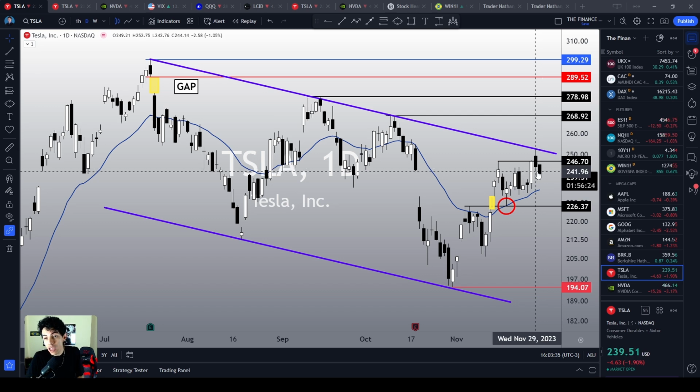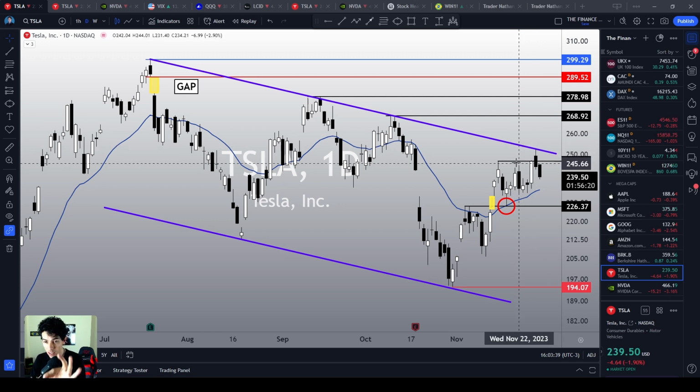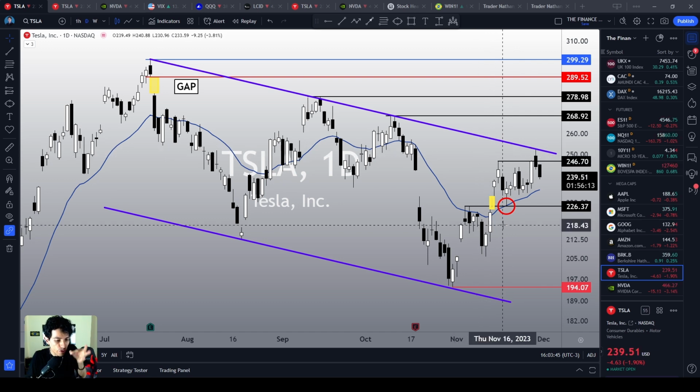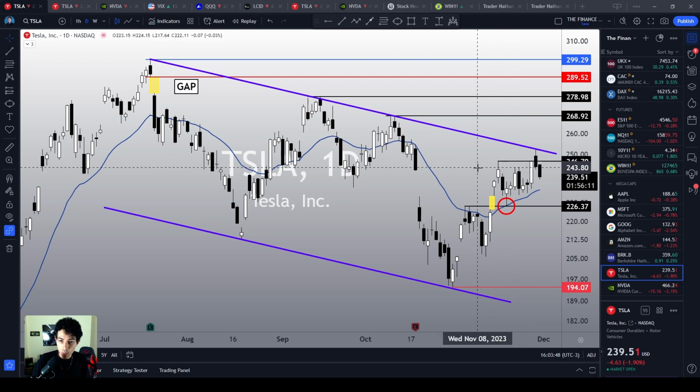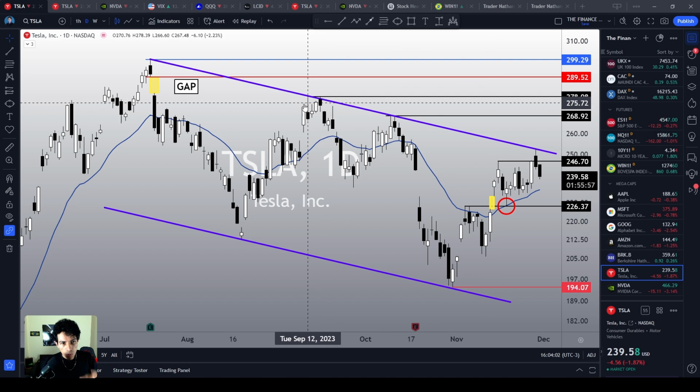We failed in breaking the $246.70, which was the previous top level over here, which was a crystal clear bullish pivot point. We failed in breaking this key point, and this is quite problematic for Tesla, because this tells us that now is not the time for Tesla to resume the bullish momentum over here, and especially because we are right under